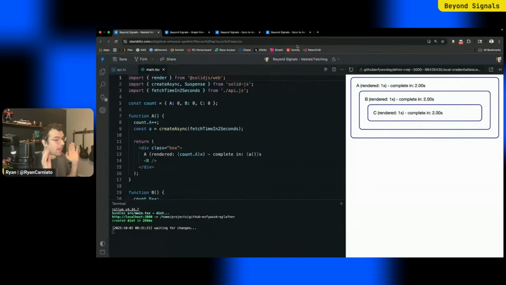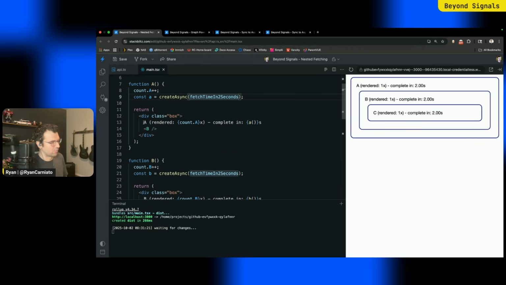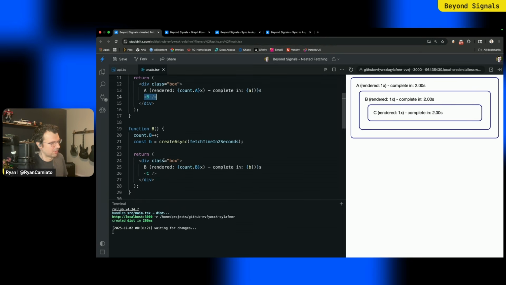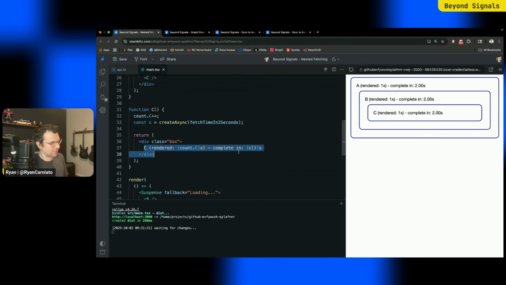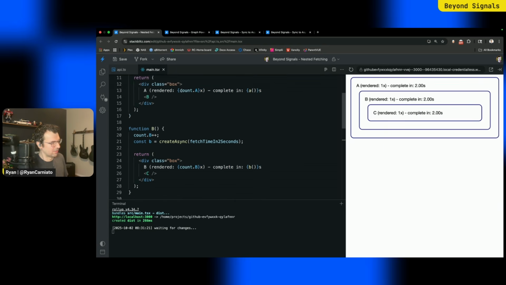which brings us to our first demo. This is a basic demo that I've set up in a playground using some Solid 2.0 code, but I just want to show the idea of this demo. Basically, we have a component, function A, and I'm using some stuff for tracking. You'll see why in a minute. Each component fetches its data, which basically just fetches time in 2 seconds, and then it renders its information depending on that time. We have this async value where we get the time difference from when the page loaded, and put it in here, and it also renders a child component. B looks the same, except it renders C, and then finally C at the end just renders its own information.